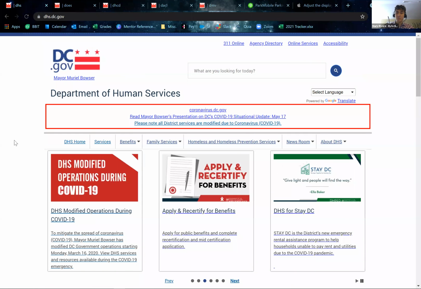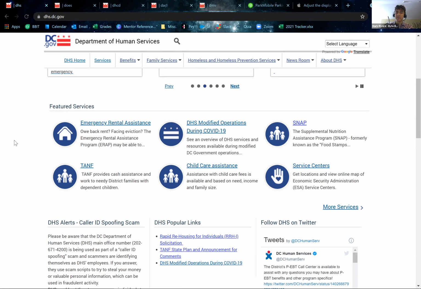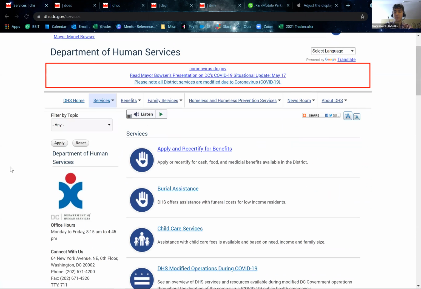Again, we also have down here, like I said, featured services. Every department website has featured services. These are the most commonly accessed services, which is why they have them up here as featured services. But these aren't their only ones, and it's important that you know where to go. So if these aren't the things that you're interested in looking for, you can also click on more services. And more services is great because this is actually where you can do more of a deep dive and